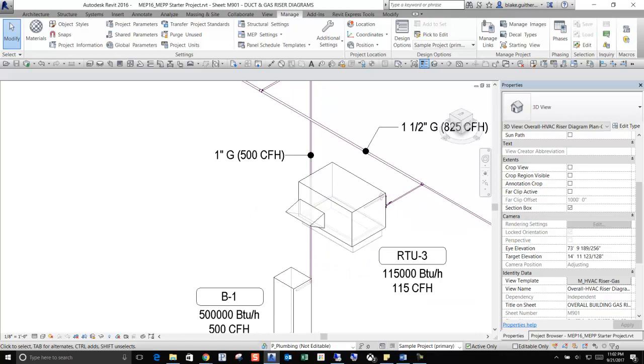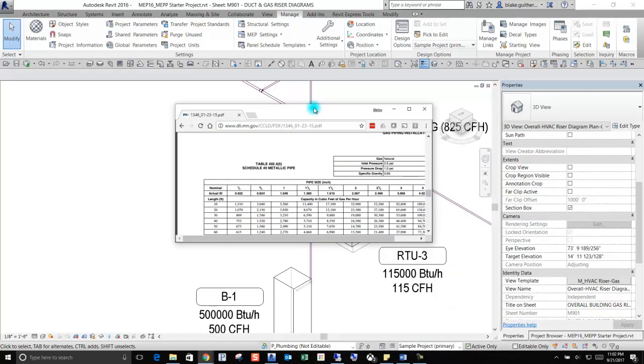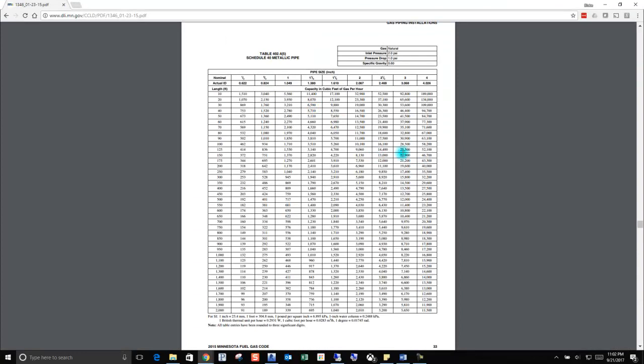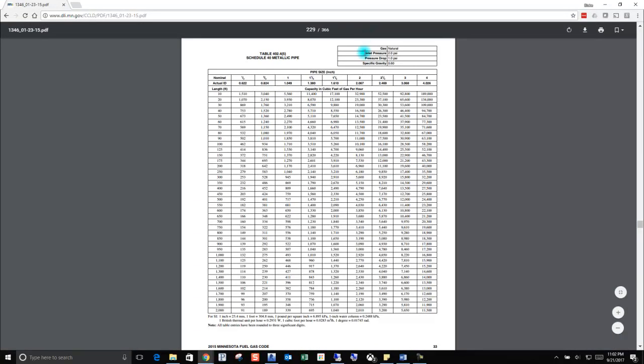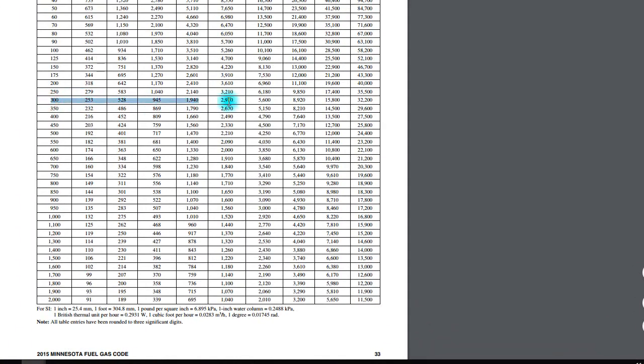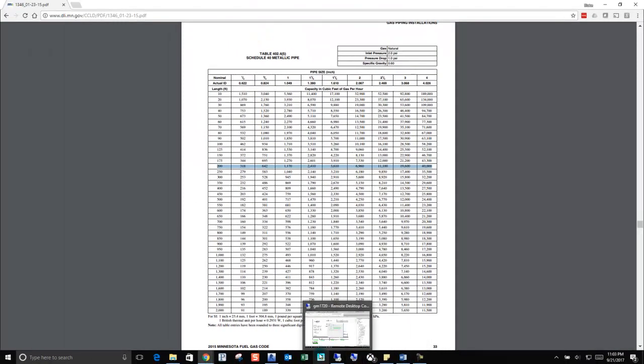Now, for example, in the Minnesota Mechanical Fuel Gas Code, a designer or engineer could use a very common schedule like this. Inlet pressure 2 psi. What kind of pressure drop are you sizing the pipe for? You could measure your total developed length for the piping system, and then use this chart to size your system, now with all the values in Revit propagating flow. So in this case, say we assume a 200-foot long run, if we go back to the model here,